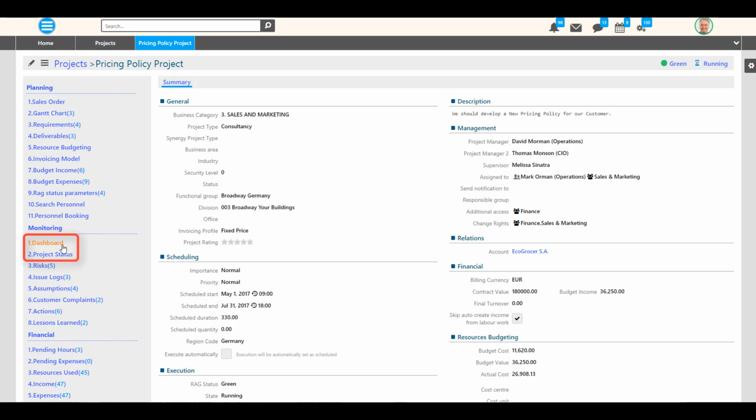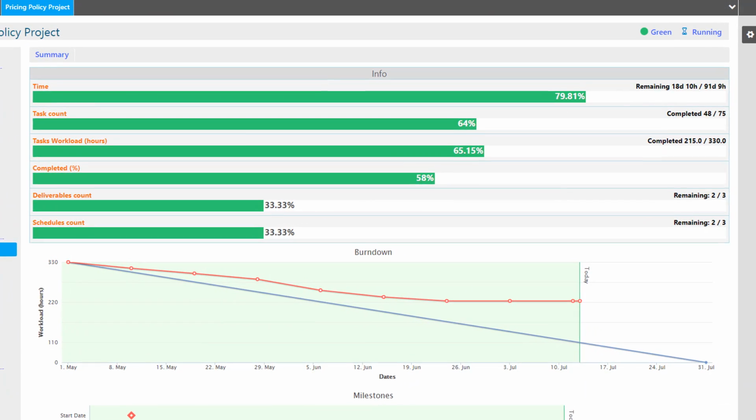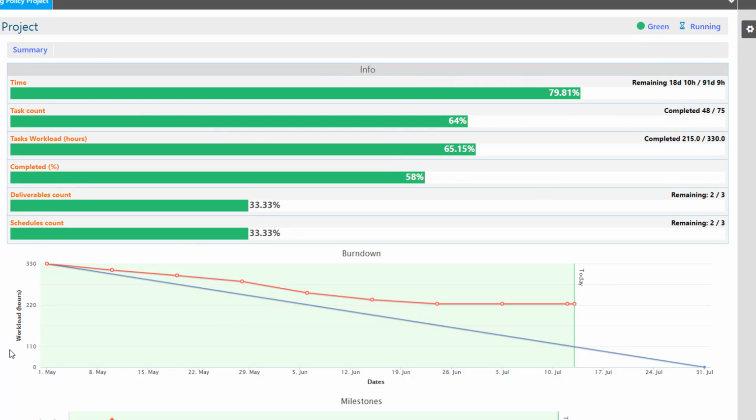These are Monitoring Dashboard and Project Status Report. From Monitoring Dashboard, we get a project overview. Specifically, we can view the past time as percentage of the project duration, the remaining time out of the scheduled time, the percentage of the completed approved tasks, how many approved tasks are completed and which is the total number of the approved tasks, the work performed in hours as percentage of the total workload in hours,